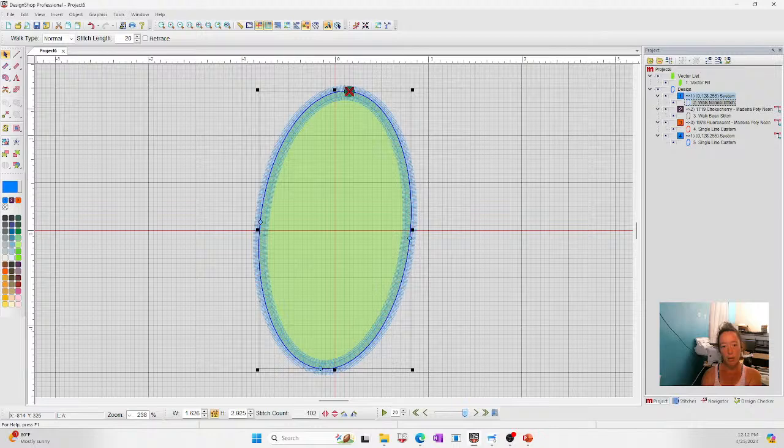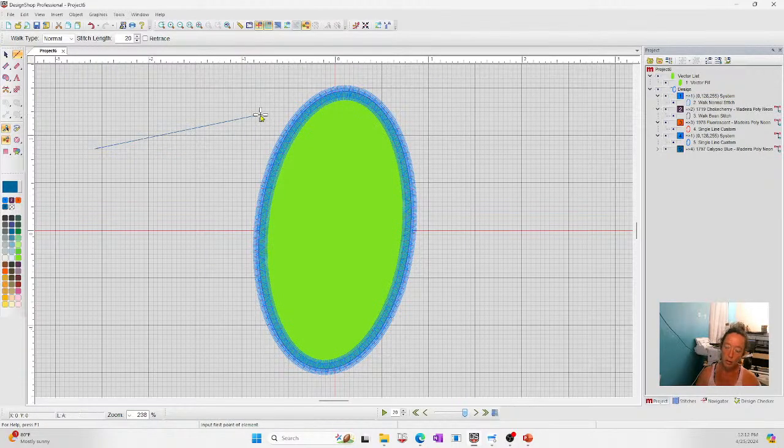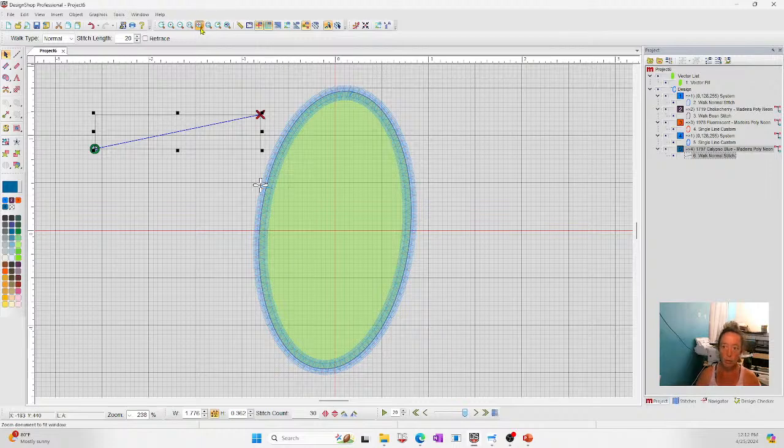Is there a way to add points to the line? Okay, I'll read it directly for those who don't see the question. If I have a walk line already in my design, is there a way to add points to the line that's already created? Okay, yes, it really depends on whether you're working with a DST file or an